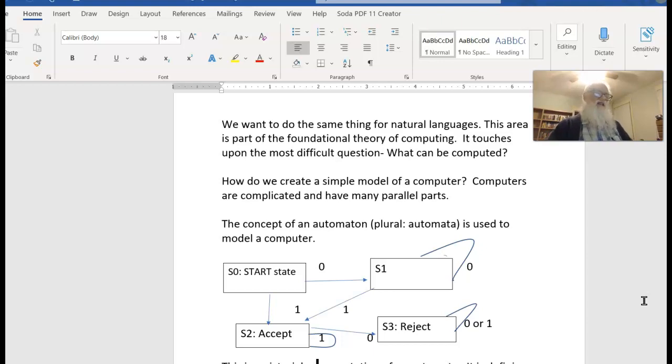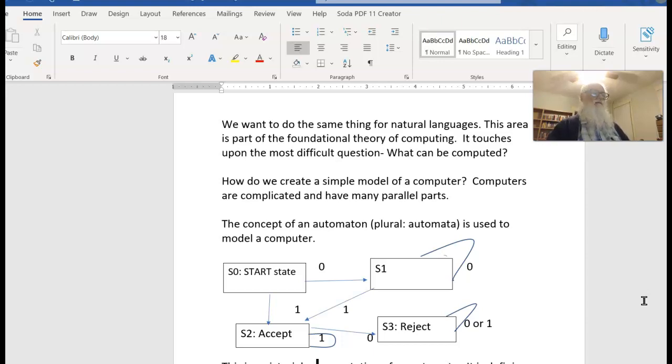And one state is designated the start state. That's where you begin to read whatever you're reading. And one or more states are designated as the accept state. In other words, if you reach that state and you're at the end of the input, that's a legally